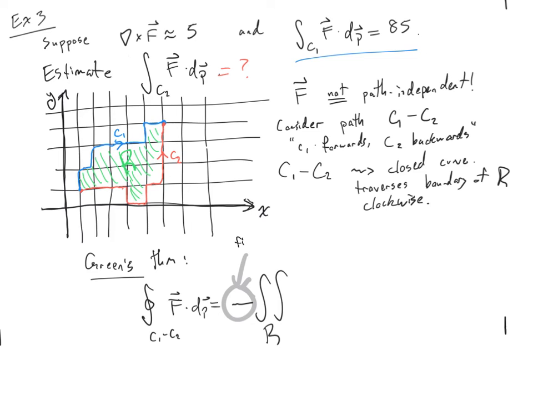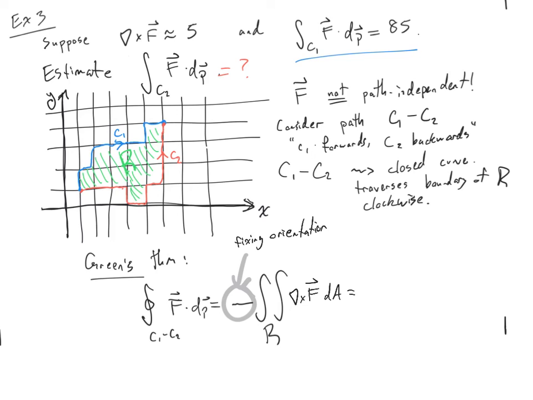That's fixing the orientation. Of the integral over this region R of the scalar curl dA. And now the scalar curl of f is basically 5,